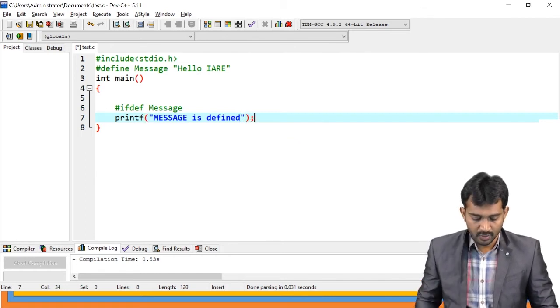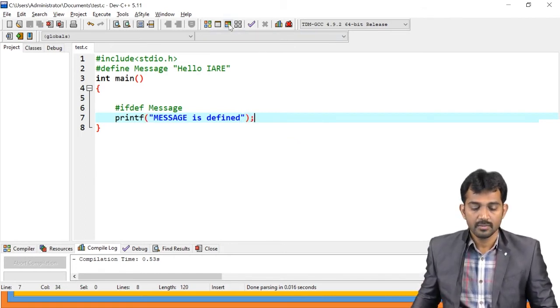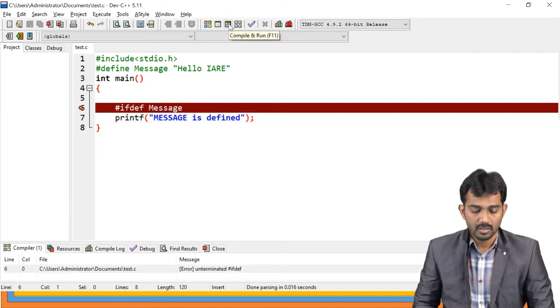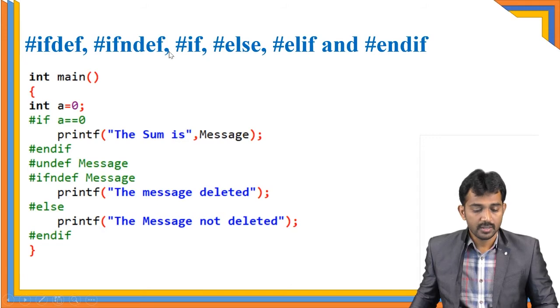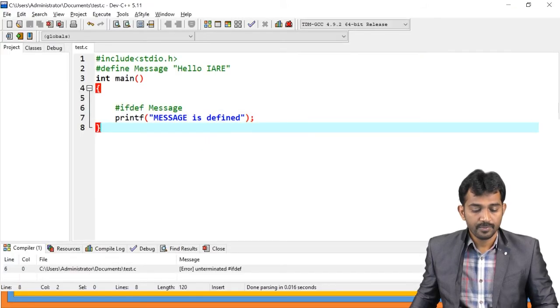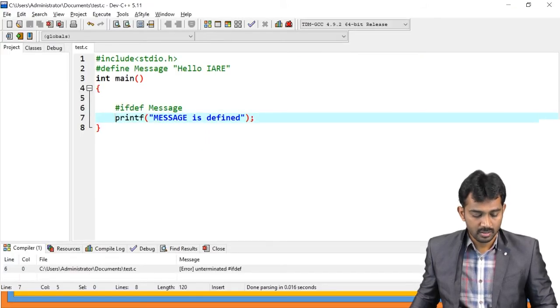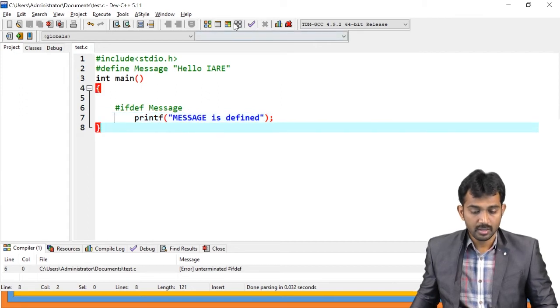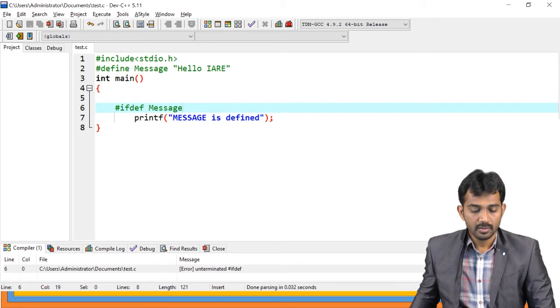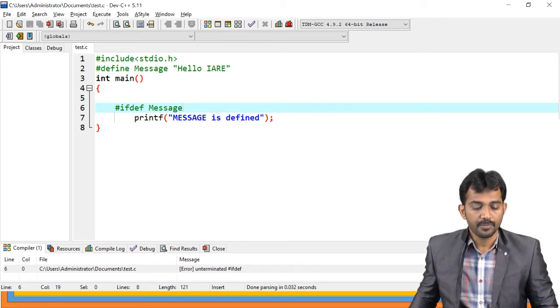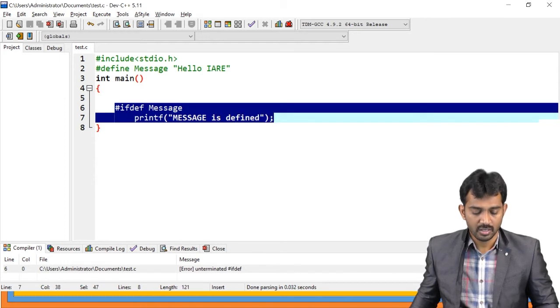Observe clearly. If you run this code, yes, see, yeah, can use it here also.